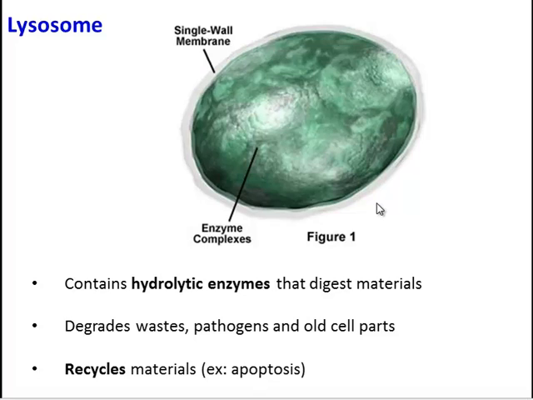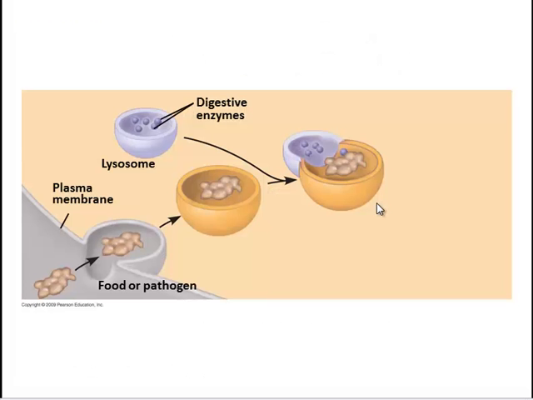And this is important because it helps the cell recycle materials. It could recycle old organelles, or it might recycle entire cells during the process of apoptosis, which we learned about last unit. And here is that process in action. Here we've got some food, or could be a pathogen being taken in by the cell. It's stored briefly in a vacuole. A lysosome comes along and fuses with it, and the enzymes in the lysosome are going to break that material